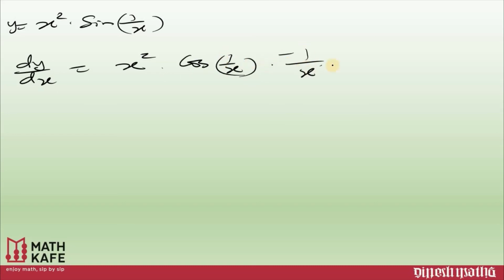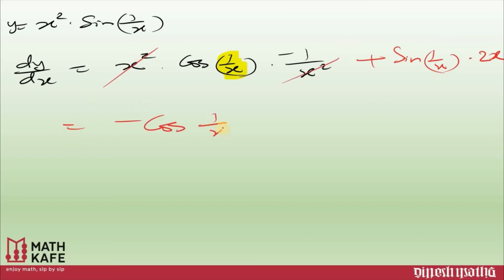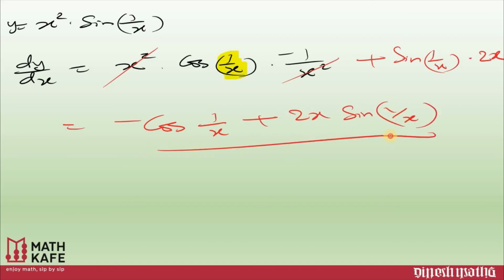Say one more question, y is equal to x square into sin 1 by x. I'm directly writing this time. So dy by dx equal to x square into derivative of first function, cos of 1 by x into what is the derivative of 1 by x? Negative 1 by x square, correct? First function into derivative of second, as it is not an x we are differentiating again, so minus 1 by x square, plus sin 1 by x into what is the derivative of x square? 2x. So that is our answer. So you can just simplify this, both x squares get cancelled, so negative cos 1 by x plus 2x into sin 1 by x. That is the final answer.